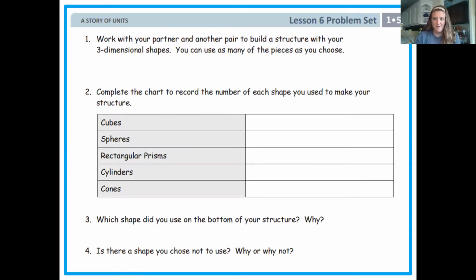So if I think about that, I might not want to use this sphere as much because it's not really going to sit flat anymore and it might roll around or roll off my table. So think about the structure of the objects and why you may or may not want to use them when you're building a structure. So go ahead and have some fun with your shapes, build some composite shapes, and I